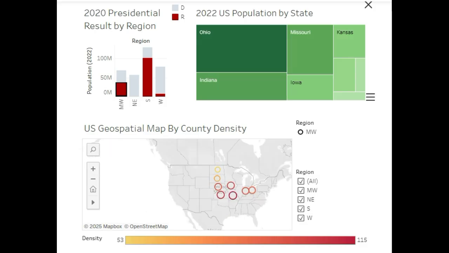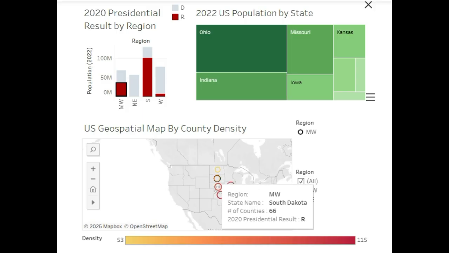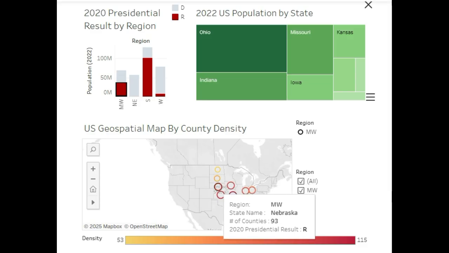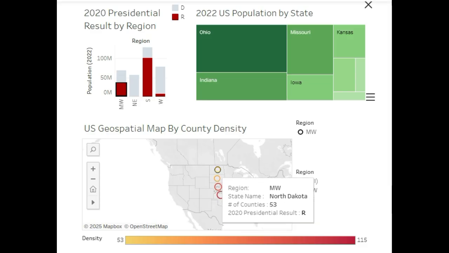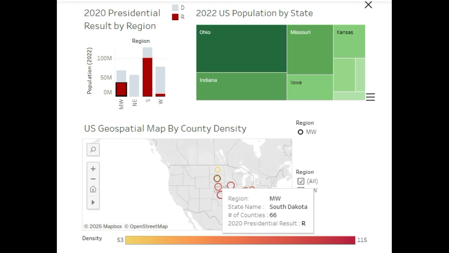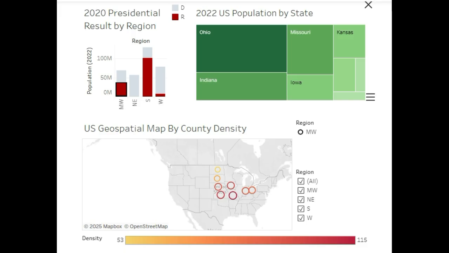Zooming in on our geospatial map, we see that Nebraska, North and South Dakota have the three smallest county counts with 93, 53, and 66 counties respectively. These are daunting numbers compared to the 17 and 15 county sizes previously discussed to increase Republican foothold in the West. However, if we look at the population for Nebraska,